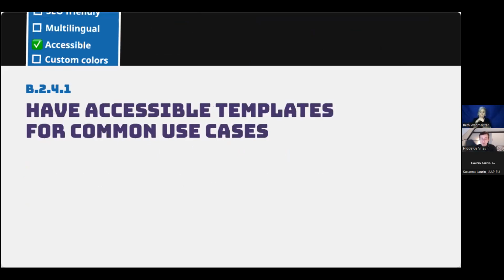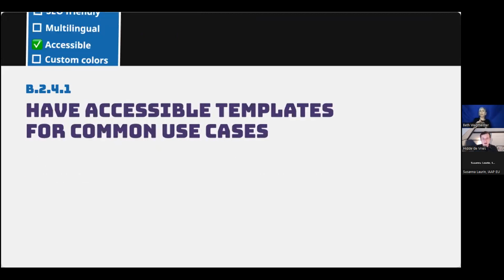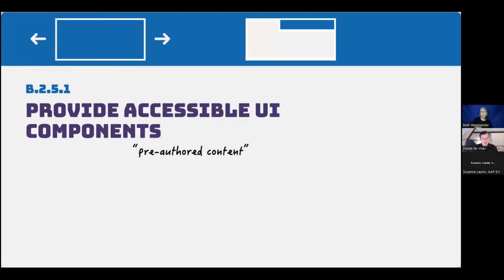Accessible templates can be super powerful as well to look for in a CMS. So accessible templates for common use cases, if you have those available, you can also drive a lot of accessibility through that. Then UI components, if your CMS provides those, the standard calls them pre-authored content, but I'll call them UI components. So basically anything that your CMS ships with, it would be helpful if there is accessibility there.